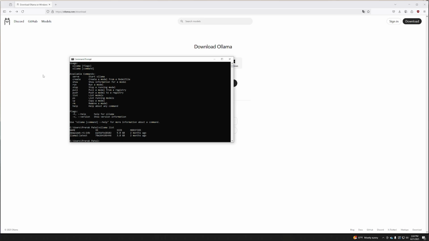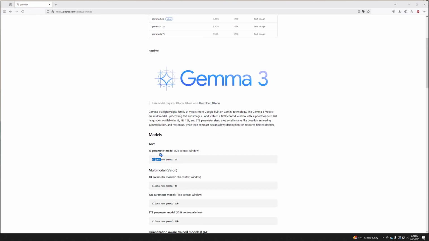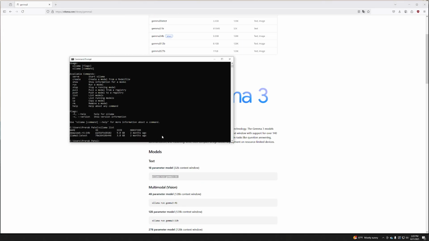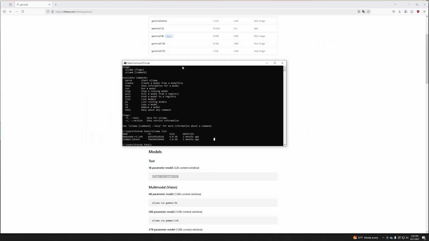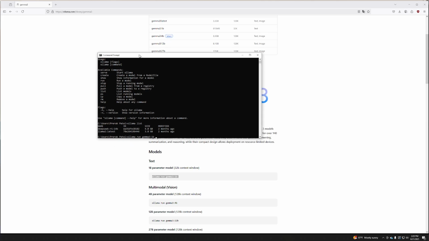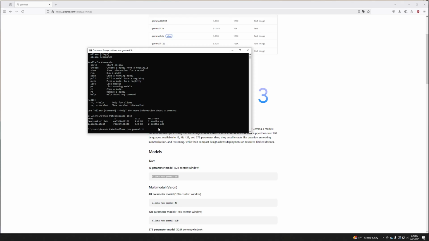To onboard your first model, let's go over to the models catalog and head over to a small model, Gemma. Let's check out Gemma. I'm going to install Gemma 3 1 billion parameters so that it's quick to install and I can just show you guys how it's done. Now obviously the smaller the model is in terms of parameters, the weaker it's going to perform on a general case basis. So to download the Gemma 3 1 billion parameter model, I'm just going to copy this command and paste it into the terminal and press enter.